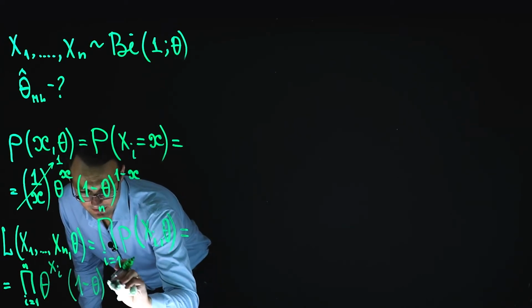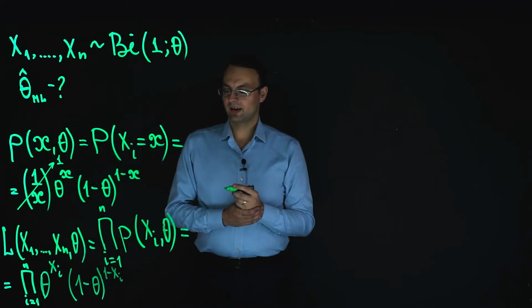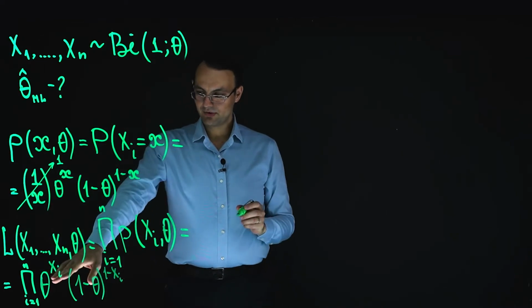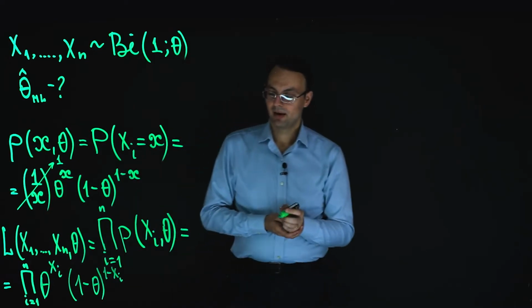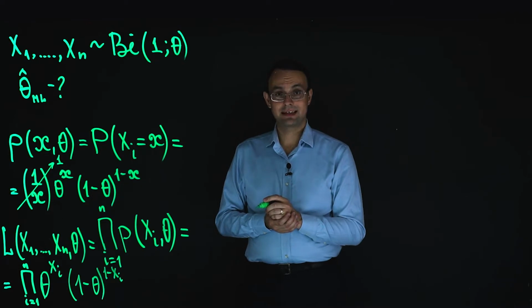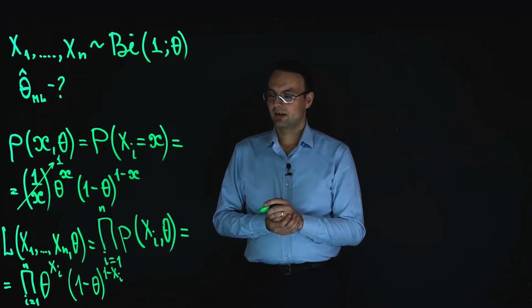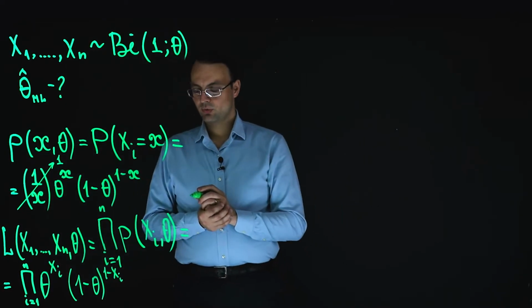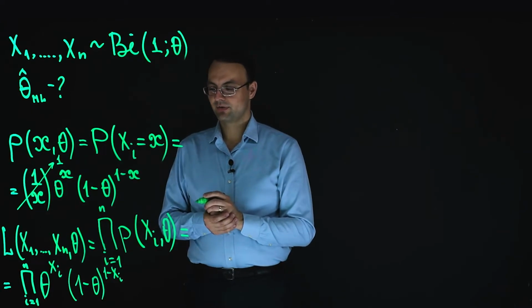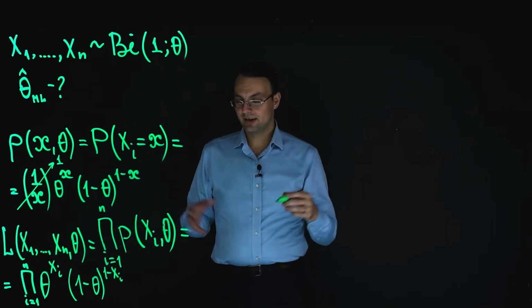1 minus xi. So this is how the likelihood function looks in our problem. So now the next step is to find the maximum point of the likelihood function. To do so, we are to differentiate it over theta,